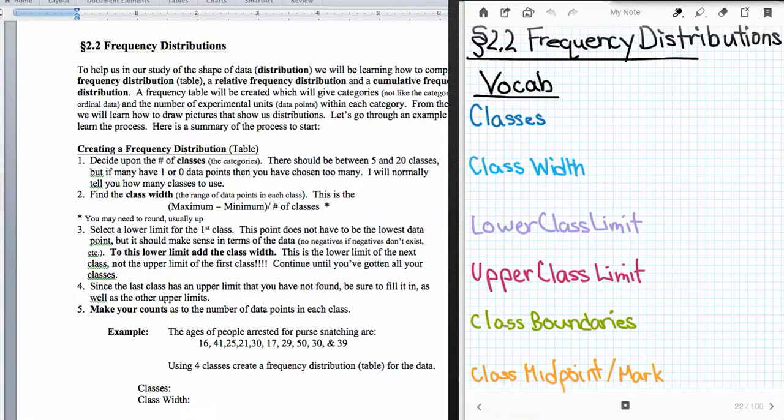All right, this section is about frequency distributions. Now, when I say frequency distribution, I also mean a frequency table, because a distribution is a way of showing the shape of the data, and a frequency distribution or a frequency table will help us to show the shape of the data eventually. Calling it a frequency distribution versus a frequency table helps us to tie this into probability